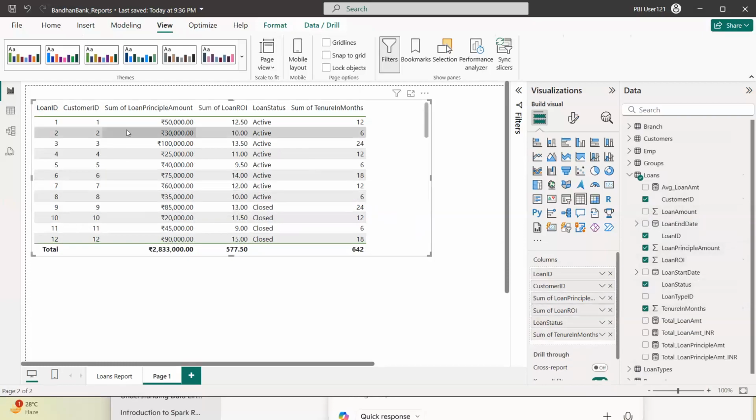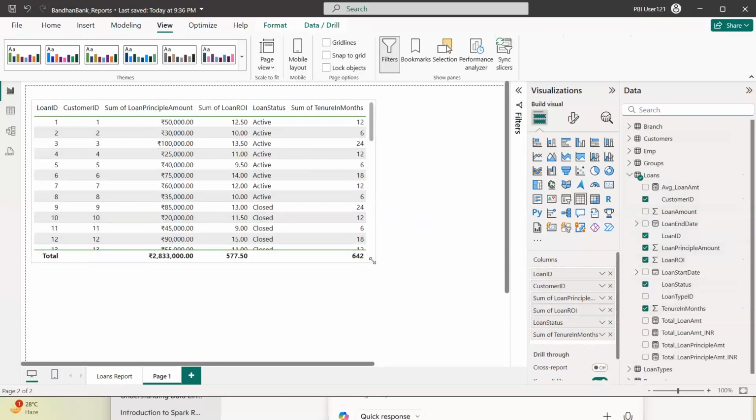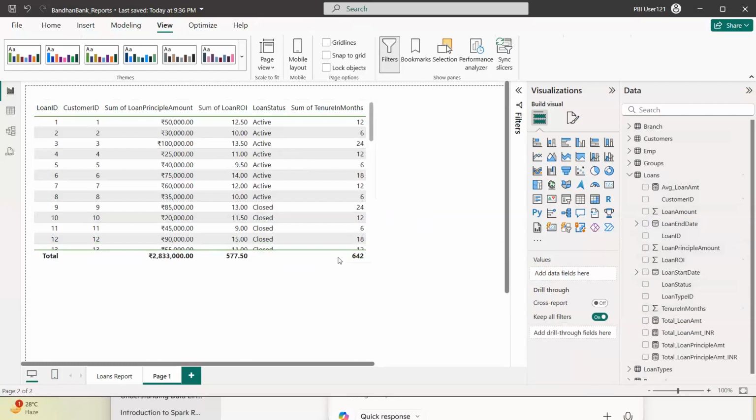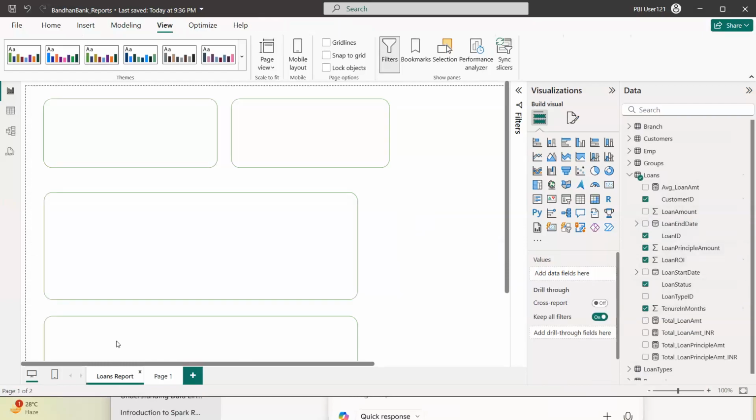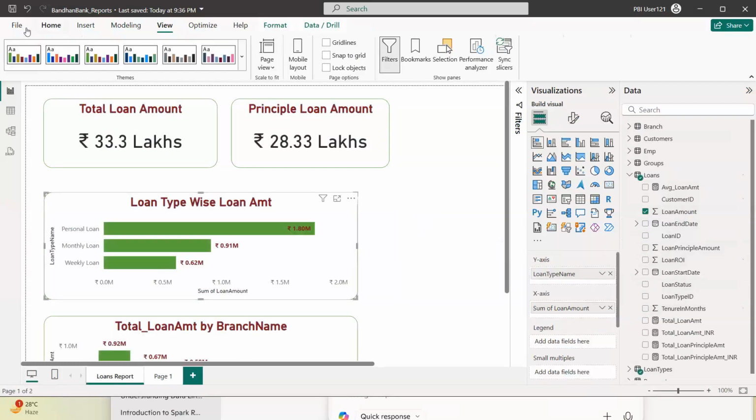So these many customers have taken the loans. Sum of loan amount is this, and so on. Whether they paid all the EMIs or not, I wanted to check it out. So how to do that? Let me try to go and